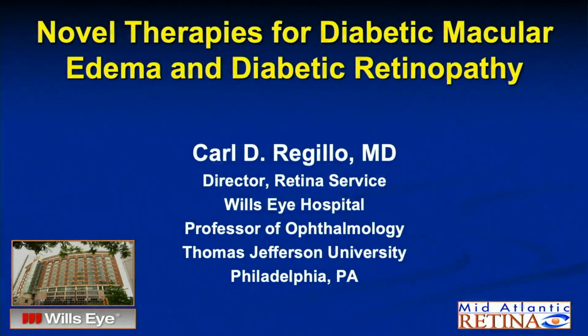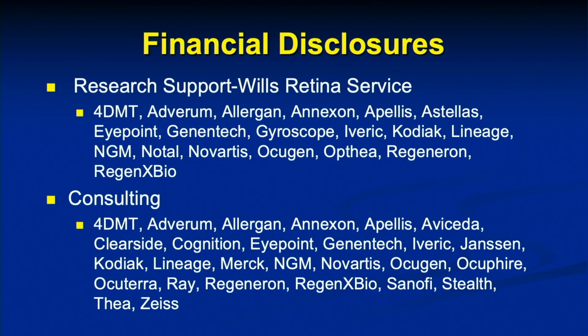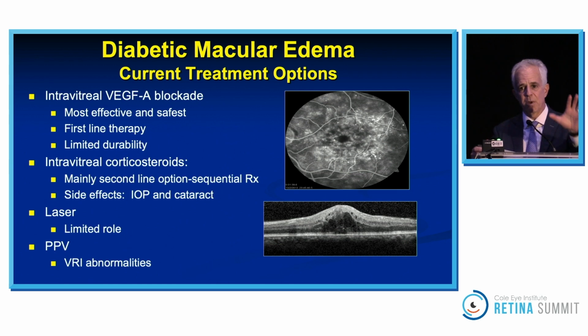So very rich, exciting space to be in, retina in general, but also still diabetic macular edema and diabetic retinopathy, and that's what I'll be covering in a quick 10 minutes, a lot of data. Financial disclosures are here. And everyone's aware, this is diabetic macular edema, but I'll be covering both DME and the